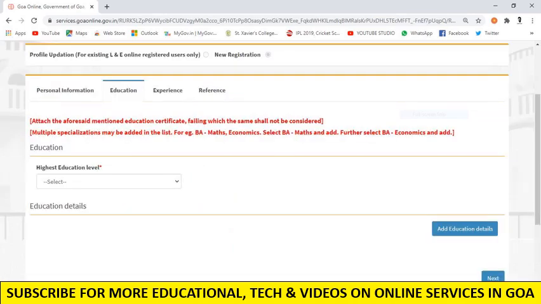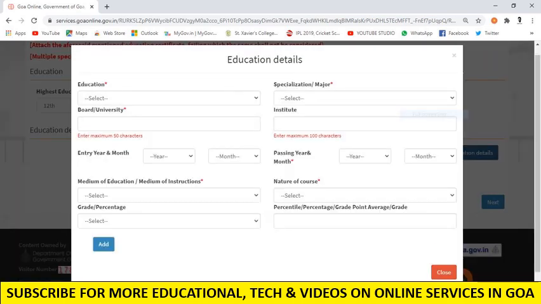So next step is you have done with the personal information filling. Now you have to fill your educational details. So educational details filling, here first thing, you will be asked to select the highest educational level. So if you are studying also, then the last exam that you have passed, you can just put that, so that you can add your educational details of here, clicking here. So when you click there, you will select this like this. So educational details you have to add, select your education, whatever this thing is.